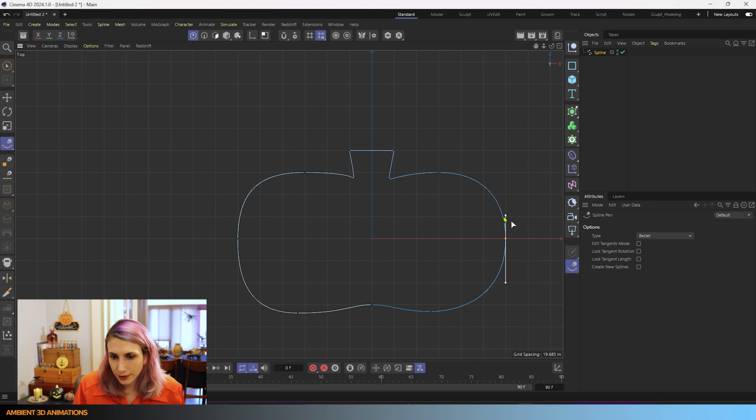I'm going to turn off the grid snap for a little bit up there, and that's easier for me to grab my point. If you are having trouble grabbing your handle, sometimes it helps to turn off the enable snap there just for a moment because it might be throwing off your selection. So that's a quick tip there for you.